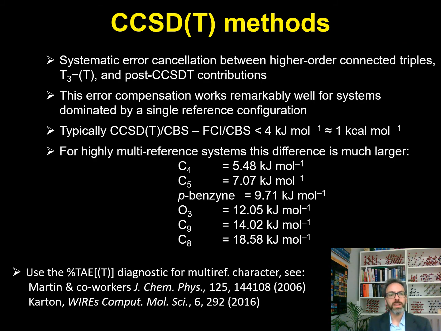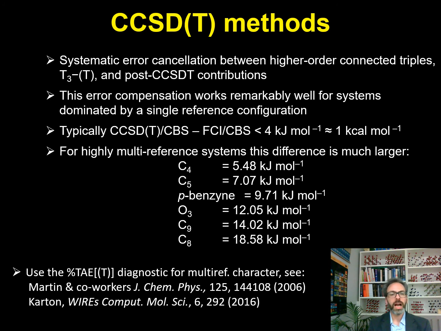One of the reasons why the CCSD(T) method works so well at a modest computational cost is because of the systematic error cancellation between the neglect of the higher order triple excitations and excitations beyond that. This error compensation works remarkably well for systems that are dominated by a single reference configuration, and for those systems, this approximation would normally result in errors that are up to 1 kcal per mole from the full CI CBS